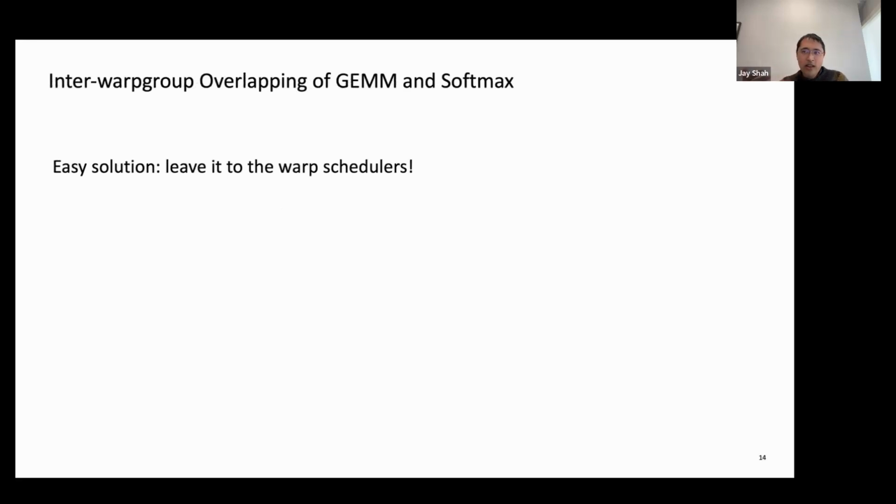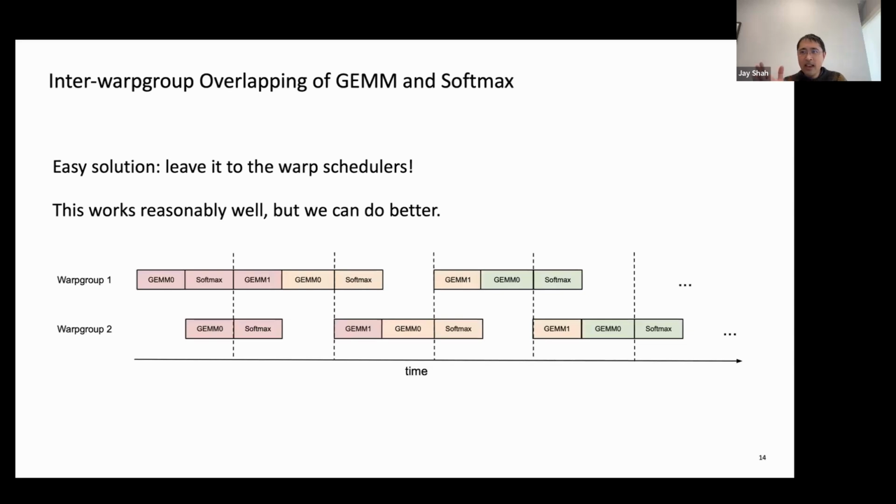So the first thing we could try is in terms of the different warp groups, really, because one warp group collectively executes a WGMMA. For this, you can just leave it to some extent to the warp schedulers to elect which instructions to execute. But we can improve on what the warp schedulers do by default by explicitly organizing the execution flow of the attention computation via barriers.